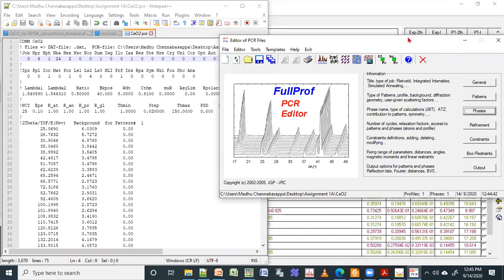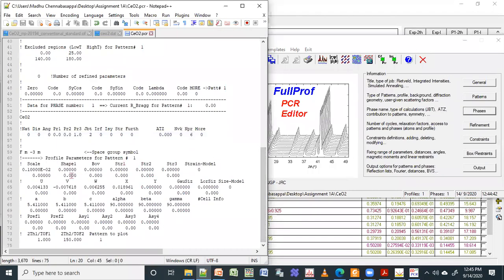The same thing will be updated here. So they both are linked to each other. Okay, so you don't have to do it in both, you can do only one. I'm just showing you for your sake. Okay, and you can see ABC I have given 5.441. So all those things are coming in this form. Okay, ABC, alpha, beta, gamma, whatever you feed there, it will just come here. Okay, so right now this is fine to do the refinement.